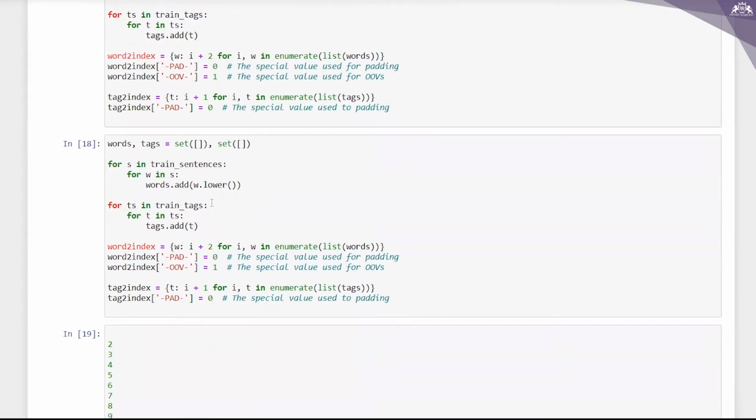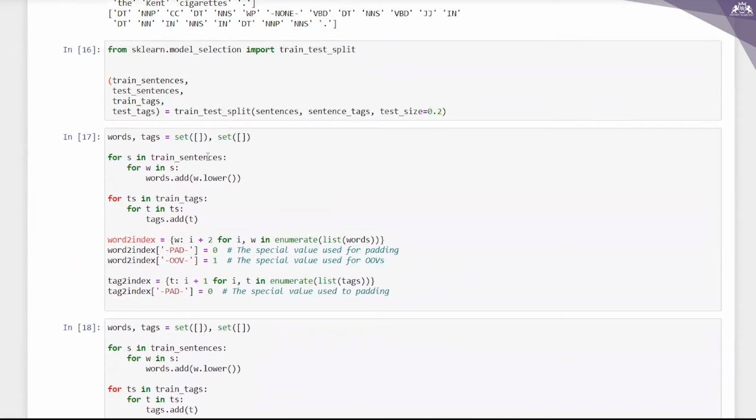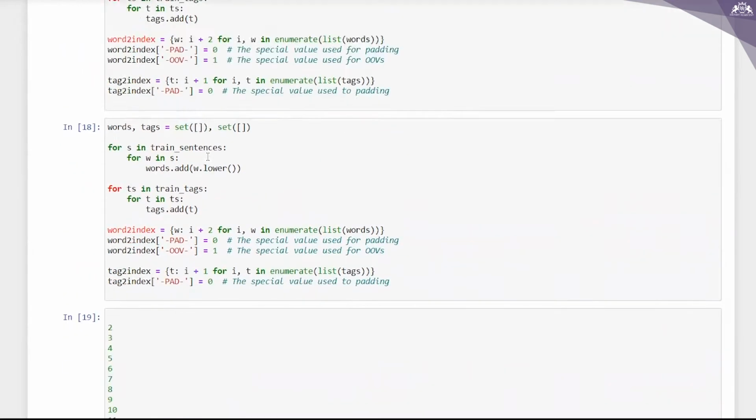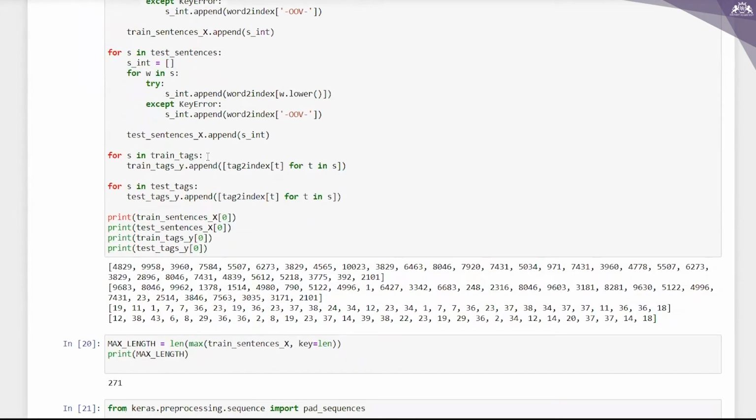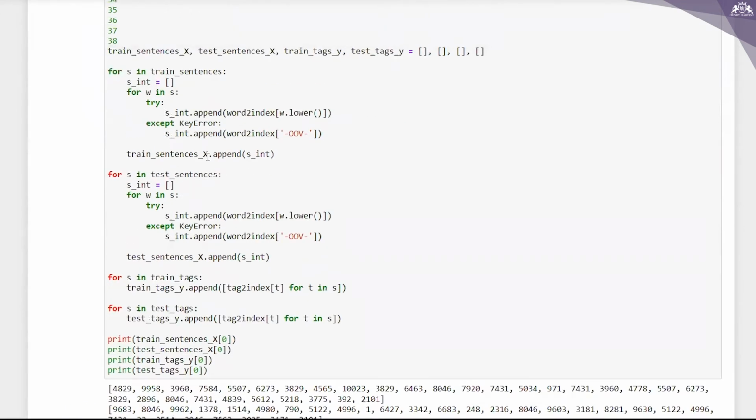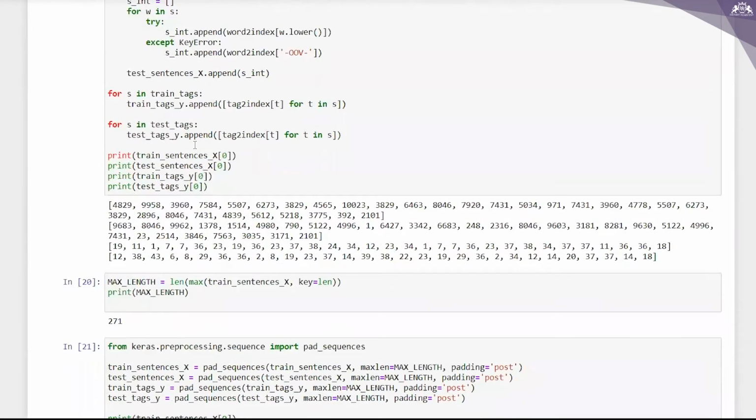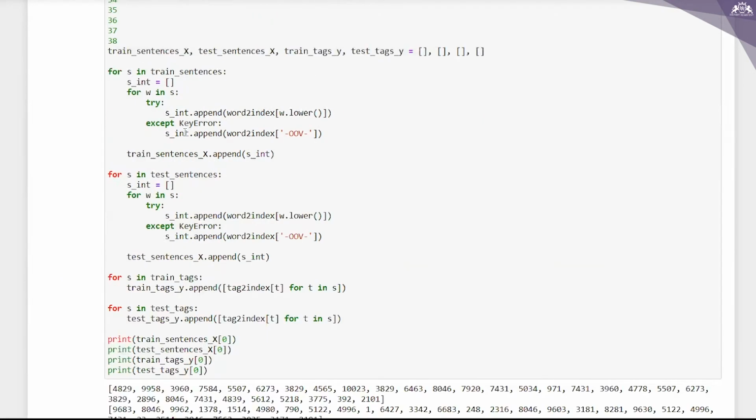Now let us convert the word data set into an integer data set, and do this for both the words and the tags.